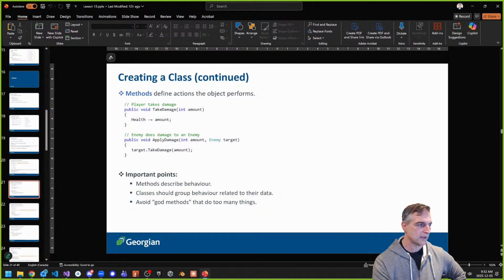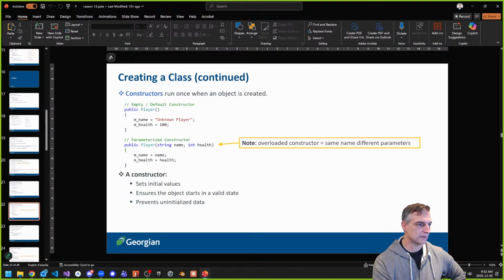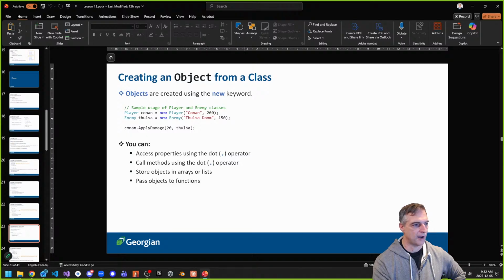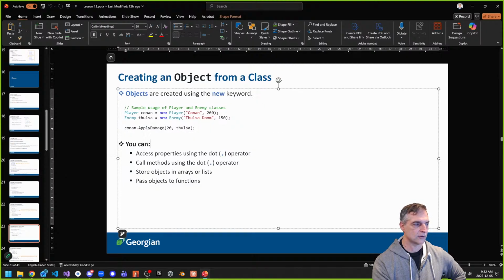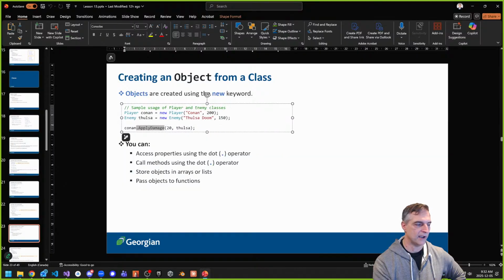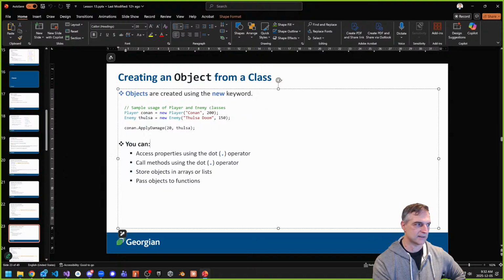That's how it works. And what we use is the dot operator, also called the dot accessor, to have access to, whether we want to read, write, or execute, properties or methods inside the object. So if we blueprinted a method called apply damage in the class, we can get access to that through the dot.